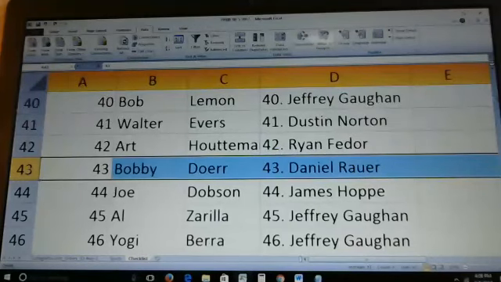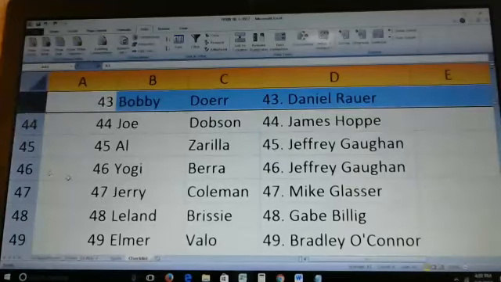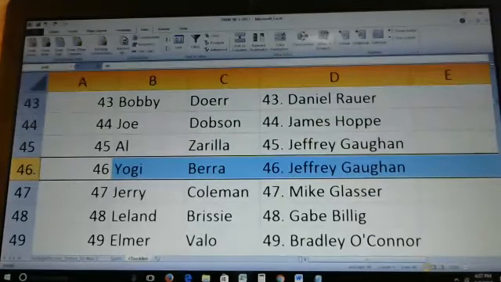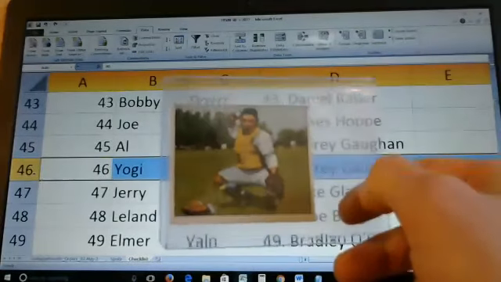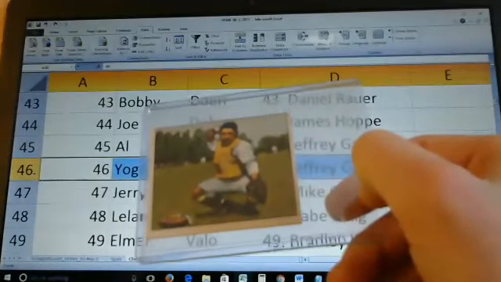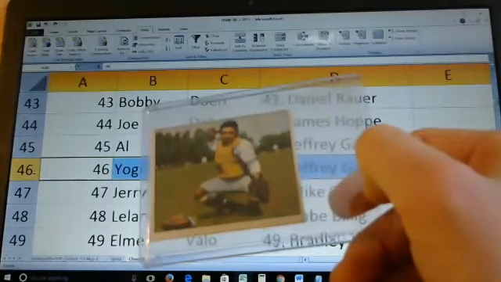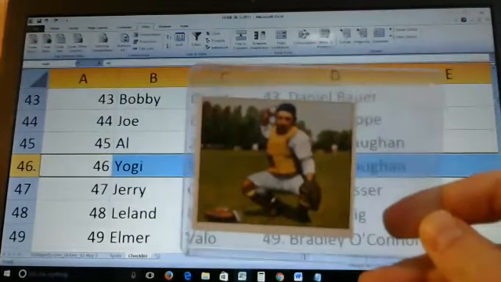So next we'll look at the number 46, Yogi Berra. Several of you said this was your favorite card in the set. It is a pretty nice one. I like the pose. Got the chest protector.